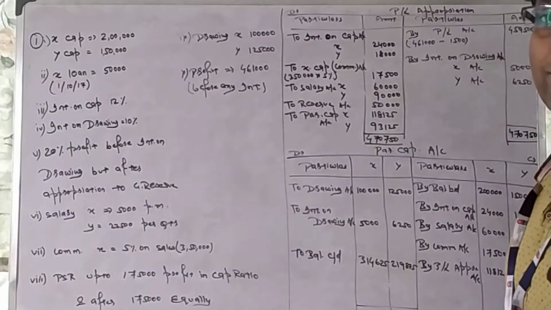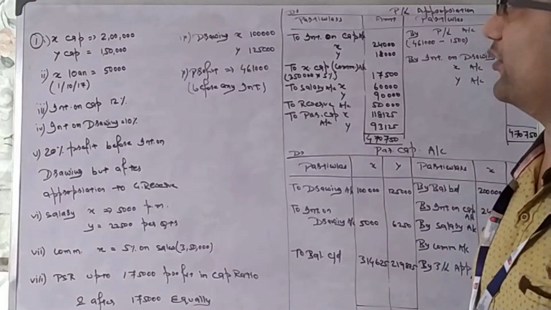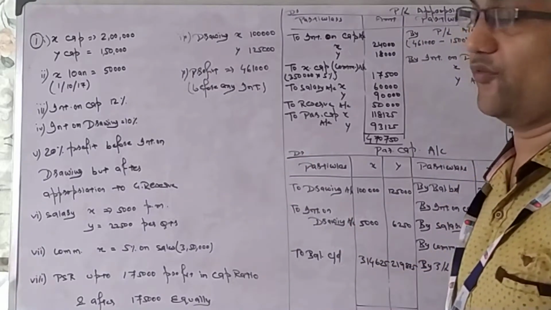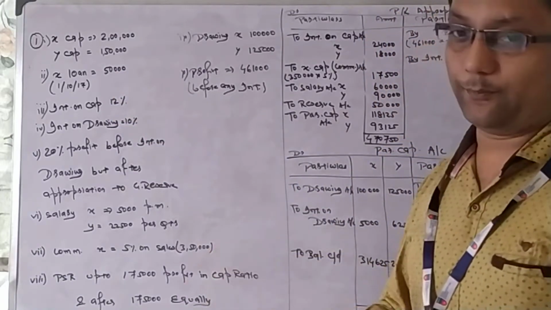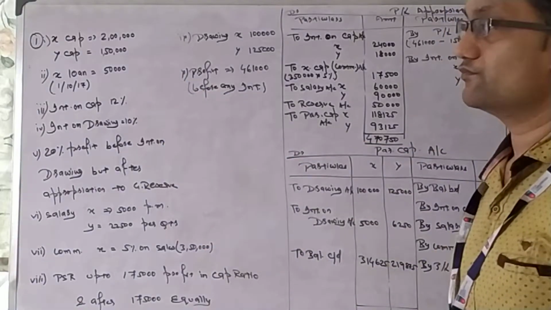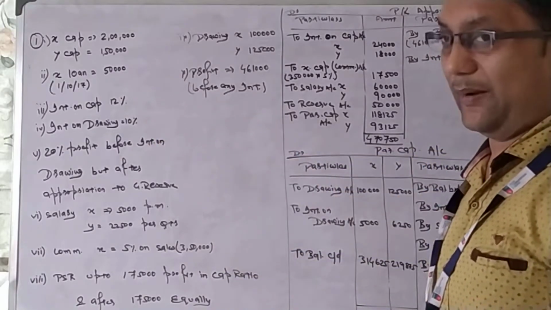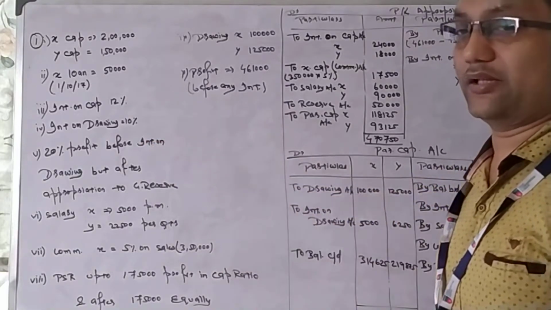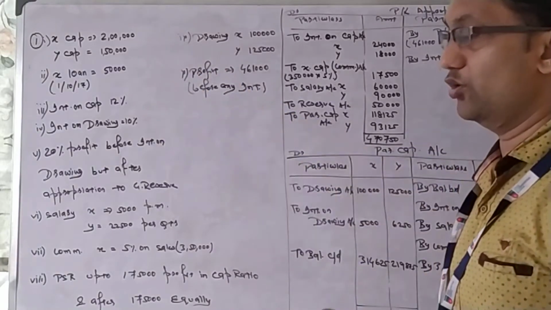I am dictating one question over here and then we will do the solution of that. Suppose your question has given you X and Y, their capital account is 2 lakhs and 1,50,000. X has given a loan to the business on 1st of October 2017, rupees 50,000. We are preparing accounts for 2017-18. Interest on capital is 12%. Interest on drawing 10%, 20% profit before interest on drawing, but after all appropriation to general reserve.